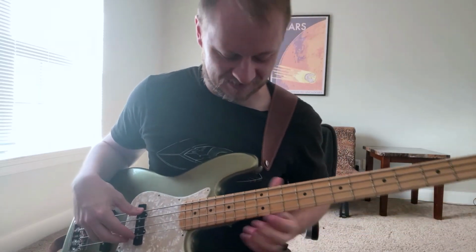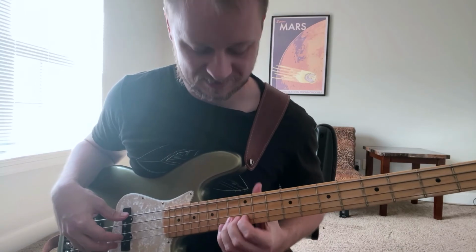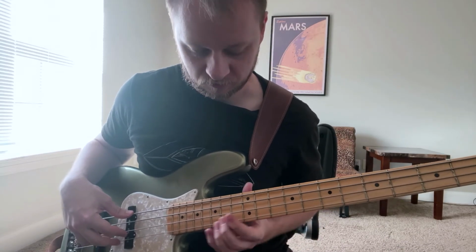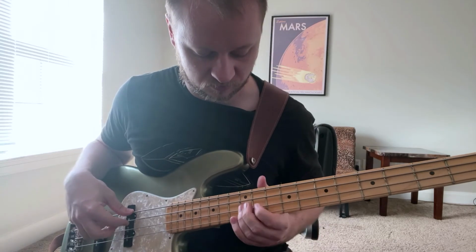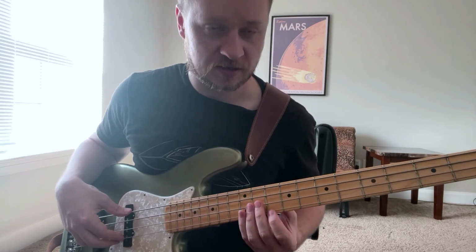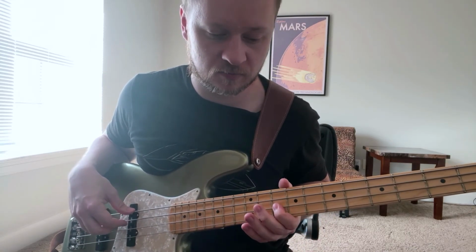Do this kind of thing again, wide vibrato between 12 and 13. Alright, you play 14 basically and slide back to 12 but start doing vibrato right away. So okay, then 10 on the G, 12, 10 on the D,